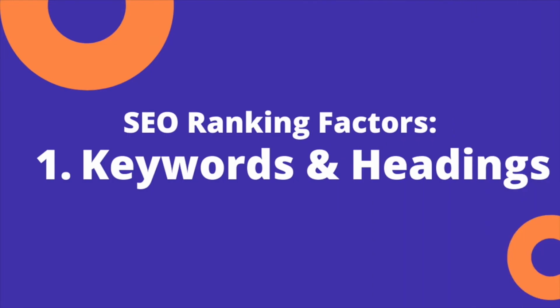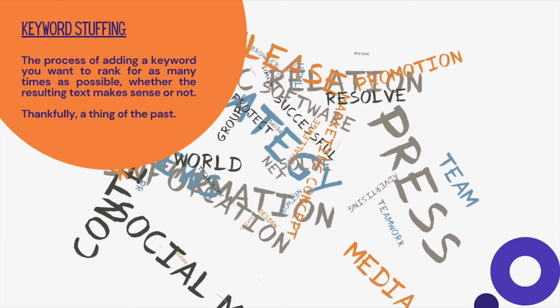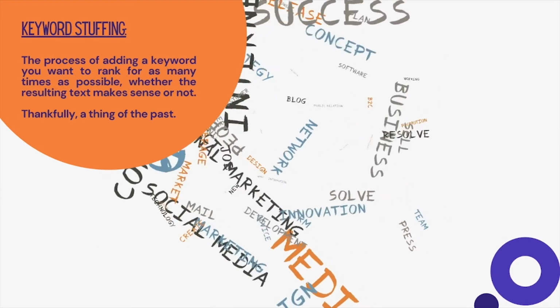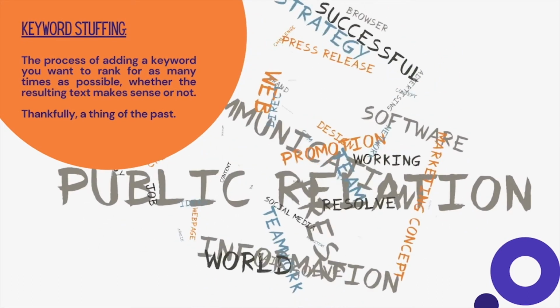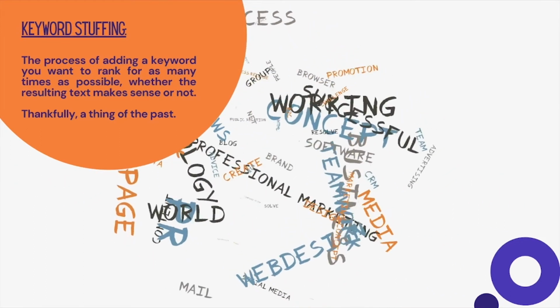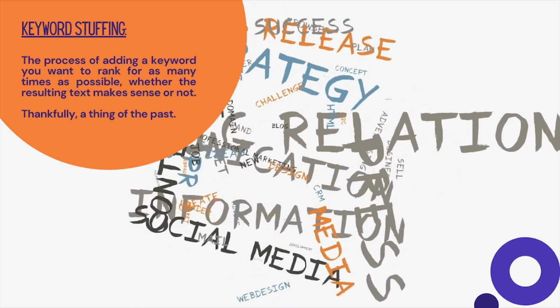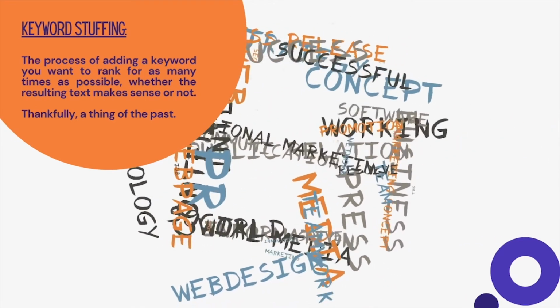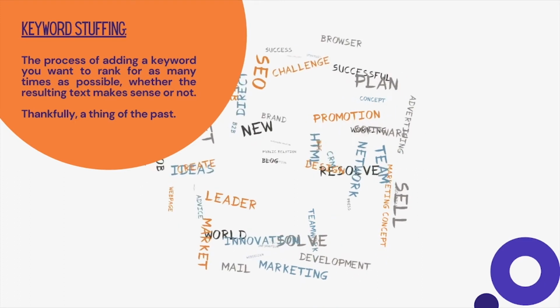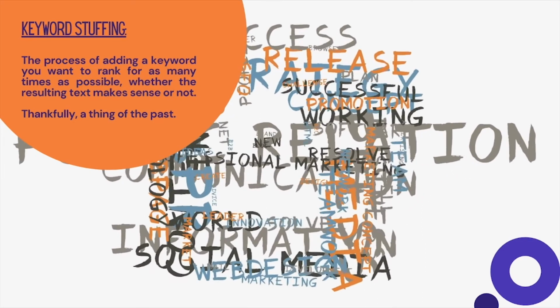Factor 1: keywords and headings. In the old days of SEO, there was a practice called keyword stuffing, where website builders would add a particular keyword that they wanted the website to rank for as many times as possible onto a page. The result was a web page that was not friendly to users, but favorable to search engines like Google. As search engine algorithms improve, keyword stuffing has become a thing of the past, and has even started hurting website